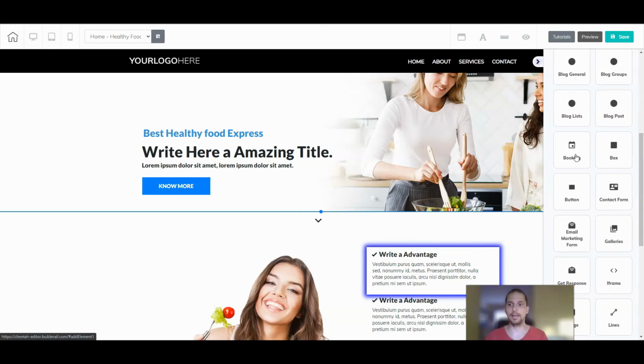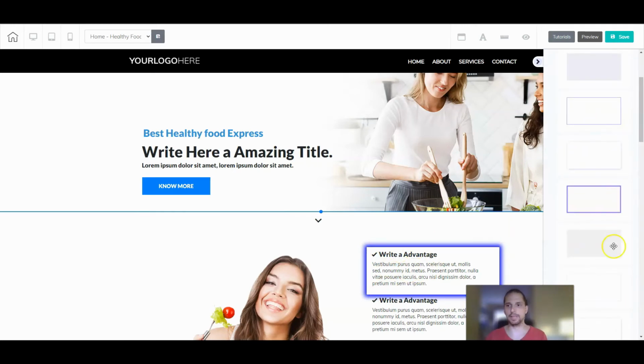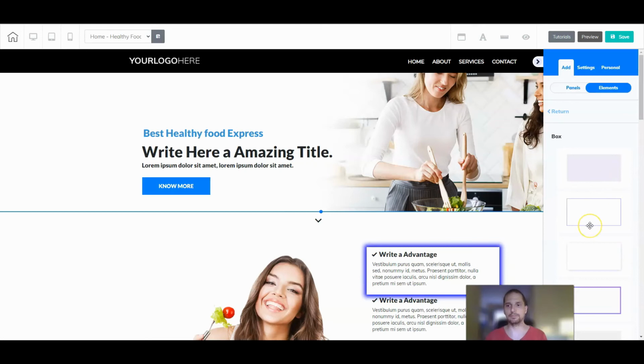And we can have different boxes, like this box that we already saw before, with different designs. They are useful for grouping things and moving them around together, but also for creating the design that we want